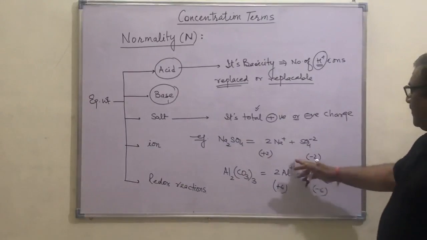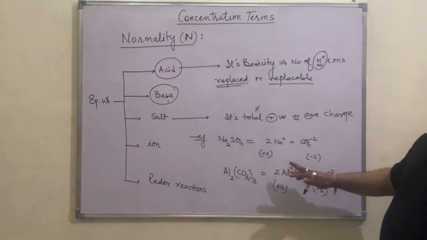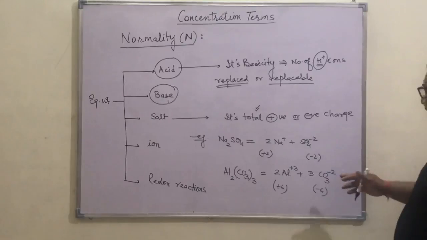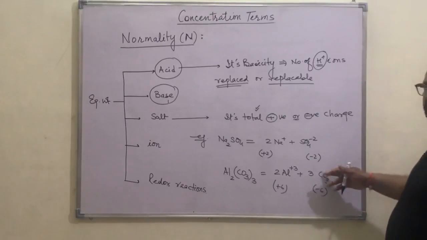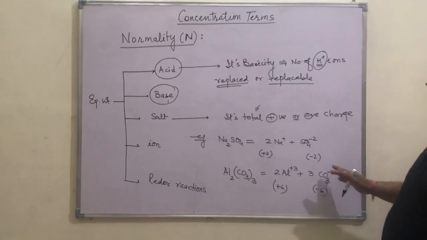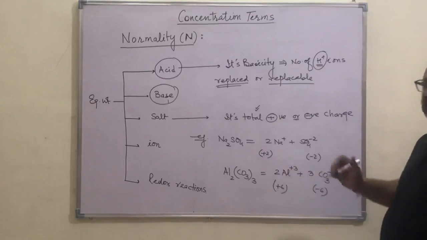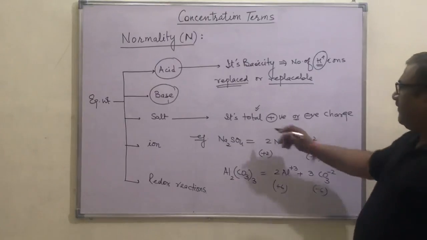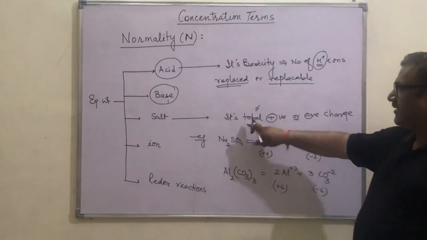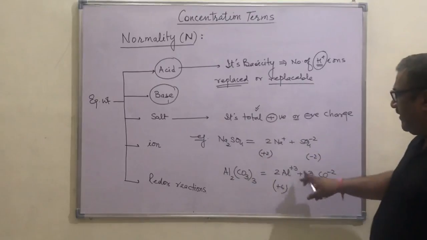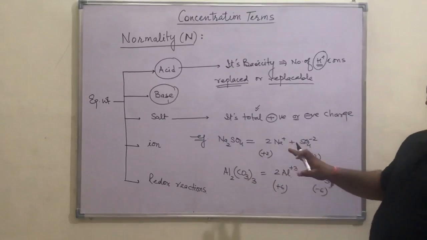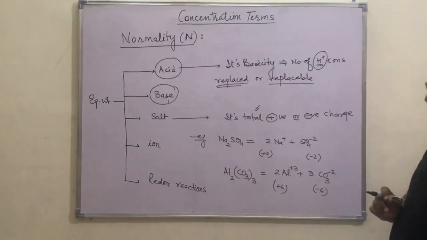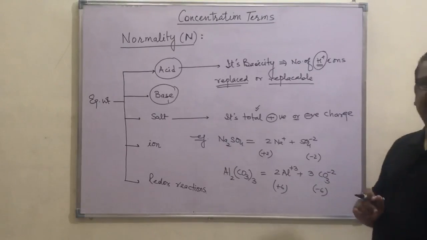पहली बात, अगर only we are looking at 1 aluminium it is 3, we are looking at only carbonate it is 2. तो अगर कोई कार्बोनेट को देख करके कैलकुलेशन करेगा तो सोचेगा n फैक्टर इज 2, कोई एल्यूमिनियम को देख के करेगा तो कहेगा n फैक्टर इज 3. तो ये इट विल रॉन्ग. तो हमें क्या करना है, we have to look at total value. तो जितने भी कैटायंस हैं उन सभी कैटायंस के चार्ज को ऐड कर देना है, या जितने भी एनायंस हैं उन सभी के चार्ज को ऐड कर देना है. Then it will give us the value of n factor.